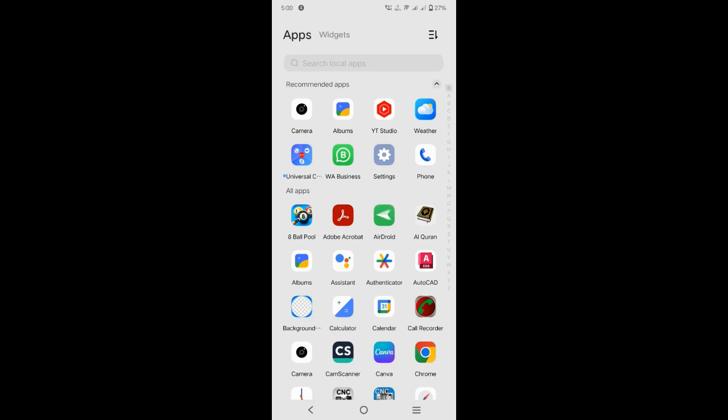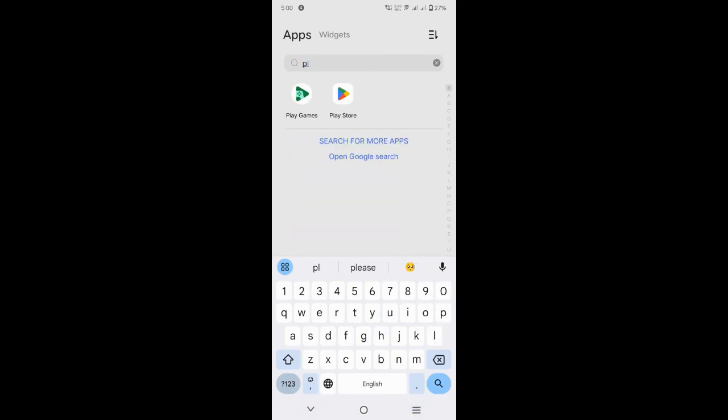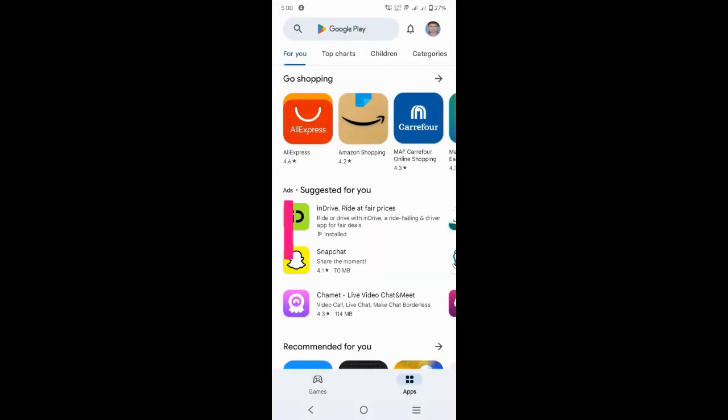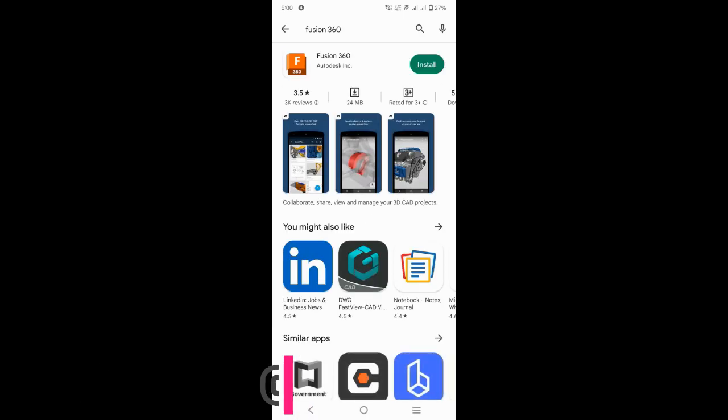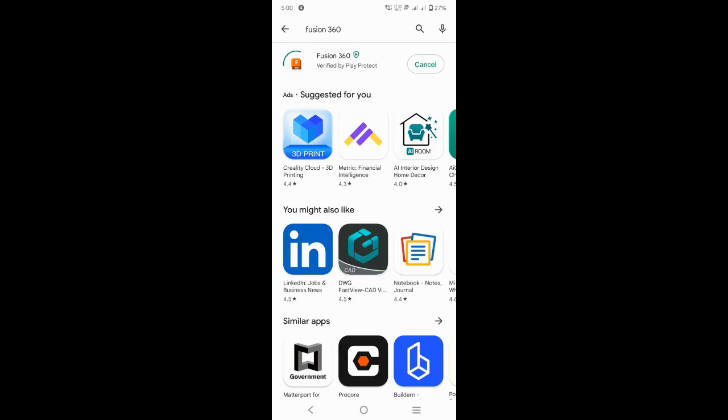So for this we just go to Play Store, search for Fusion 360, and install it.